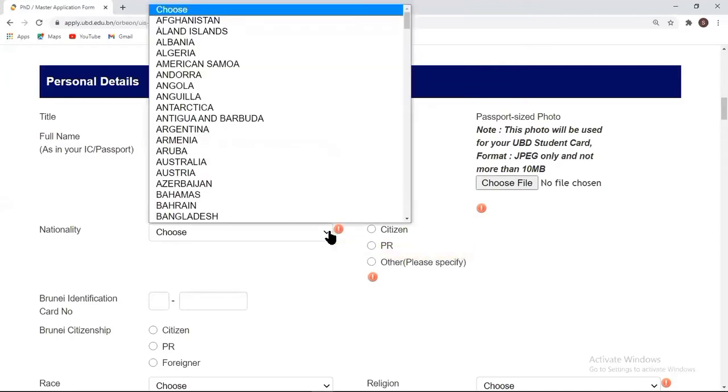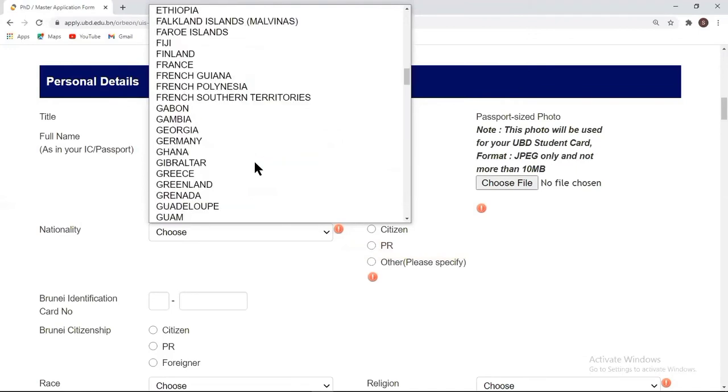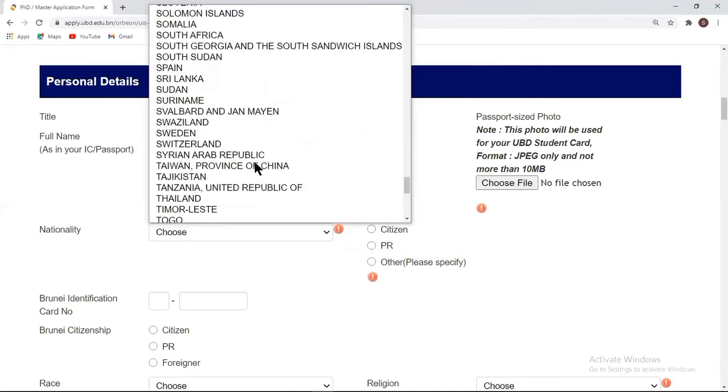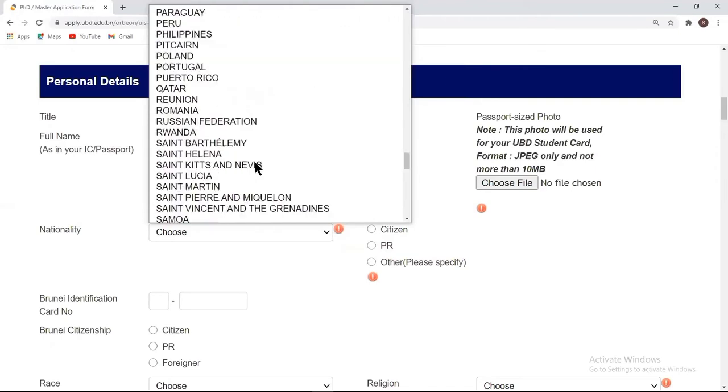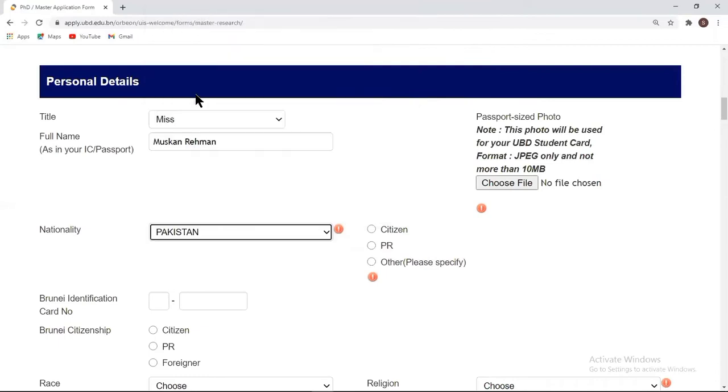Choose your nationality. Then select from citizen, permanent resident or other.